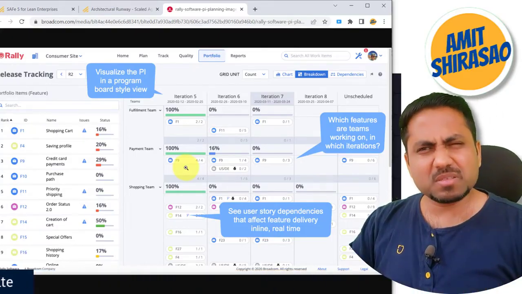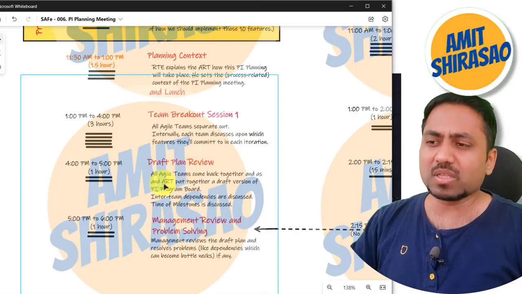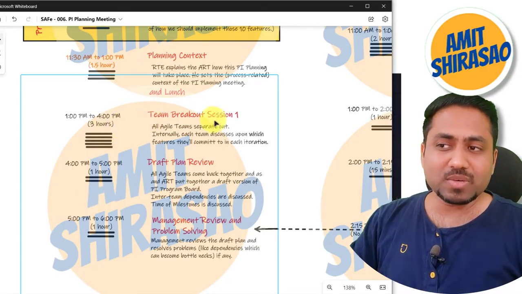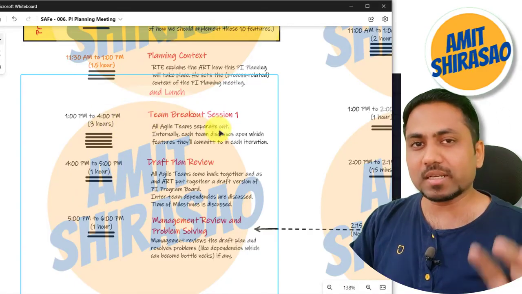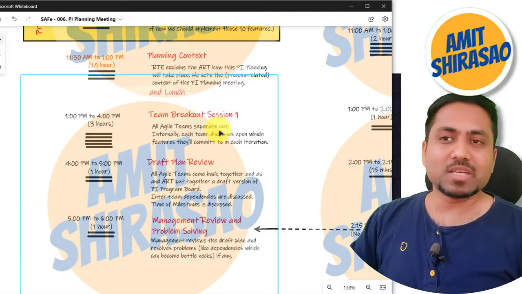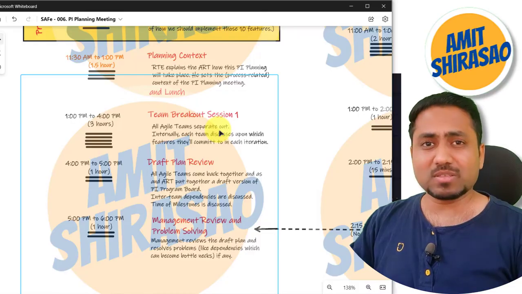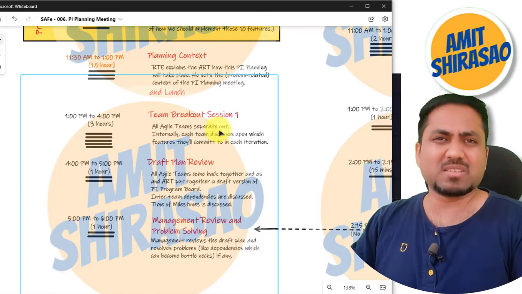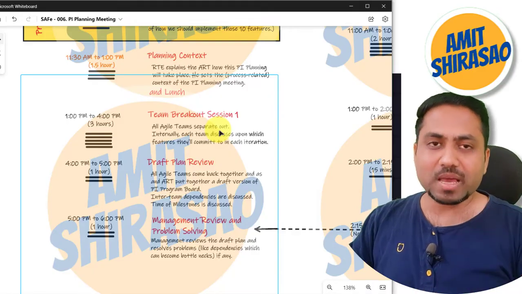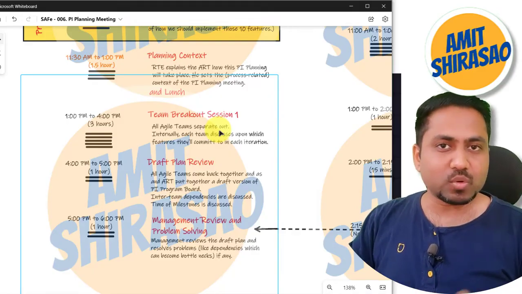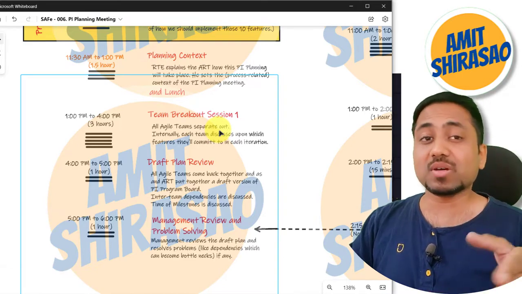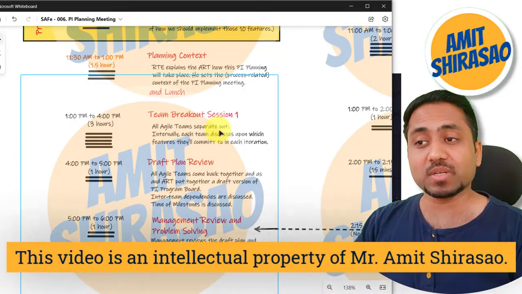A lot of discussion happens, but normally it does end within this 1 hour window. It ends within 1 hour because even in this team breakout session, informally, scrum masters do discuss here and there. They keep saying, okay, give us this story first, do this, do that, please try to adjust that. Even at team lead level, people normally have this communication. They already know, even before this PI planning meeting, they have something in their mind: you have to complete this part first and then I'll be able to complete.